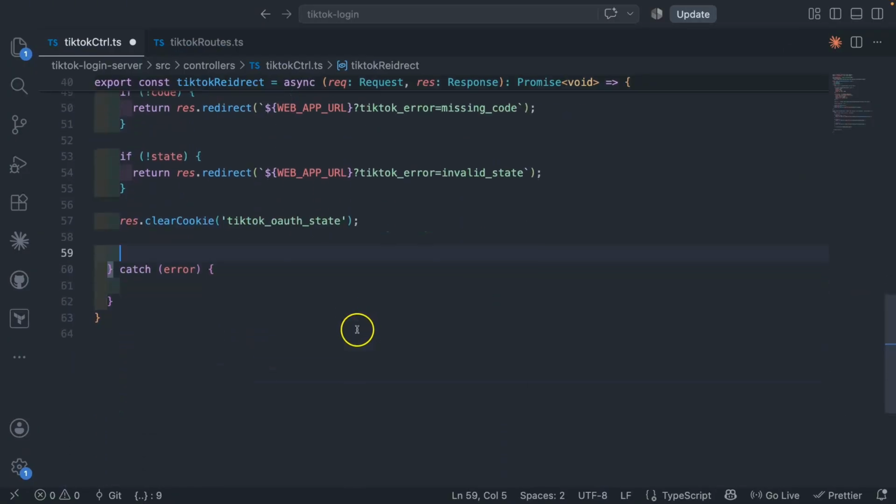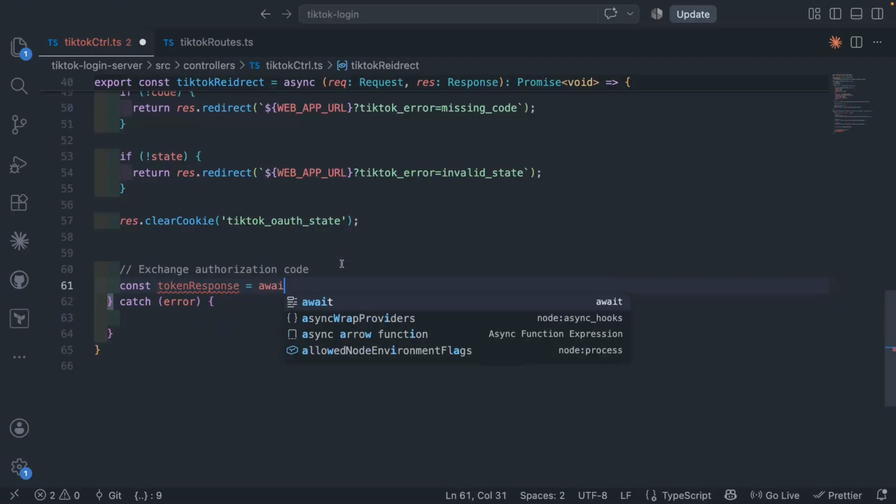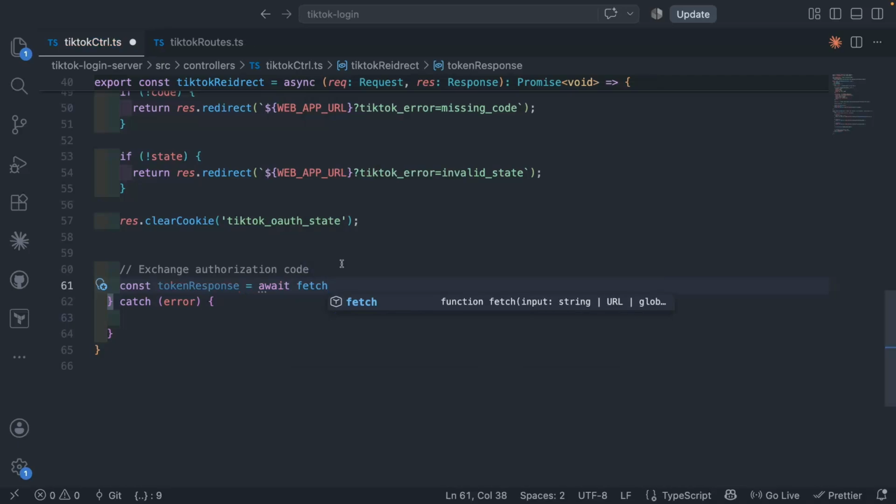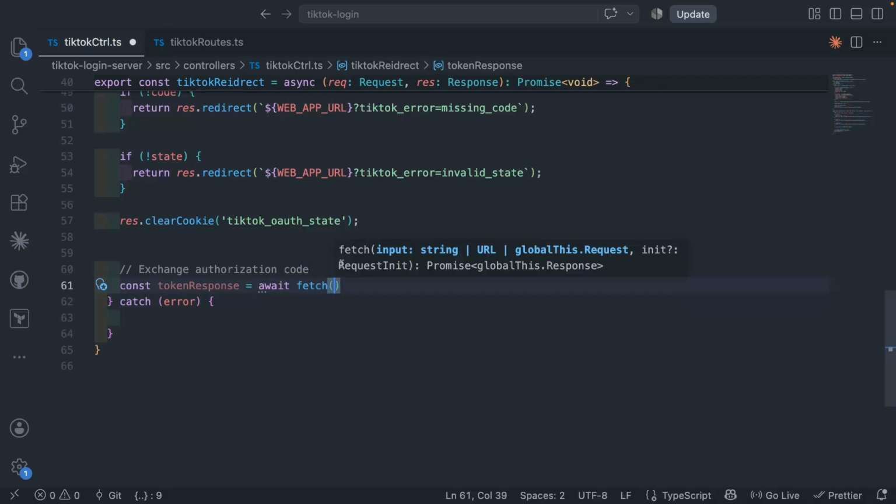So after clearing the cookie, down here, I'll say exchange authorization code. Okay, I will use the fetch API. So const tokenResponse equal to await fetch. If you are more comfortable using Axios or any other tool, that's fine, but I think fetch is very simple. We don't need to install anything. And then I'll add the endpoint, which is